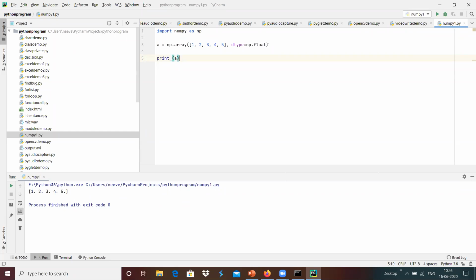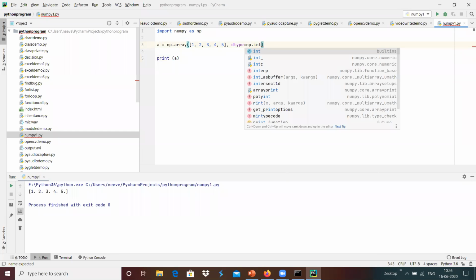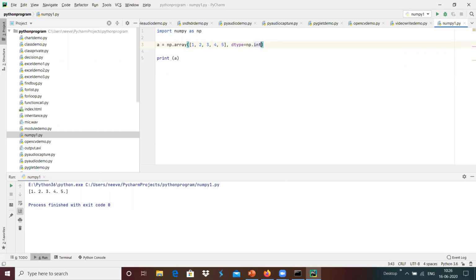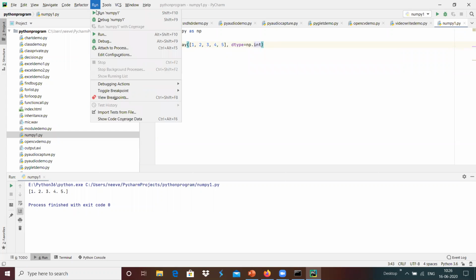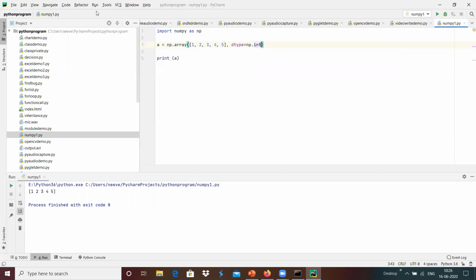If suppose I did np dot integer over here and run this, we got 1, 2, 3, 4, 5. It depends upon the data type, whether it is a floating point, integer, or complex, that we can create an array with the same sequence of numbers.